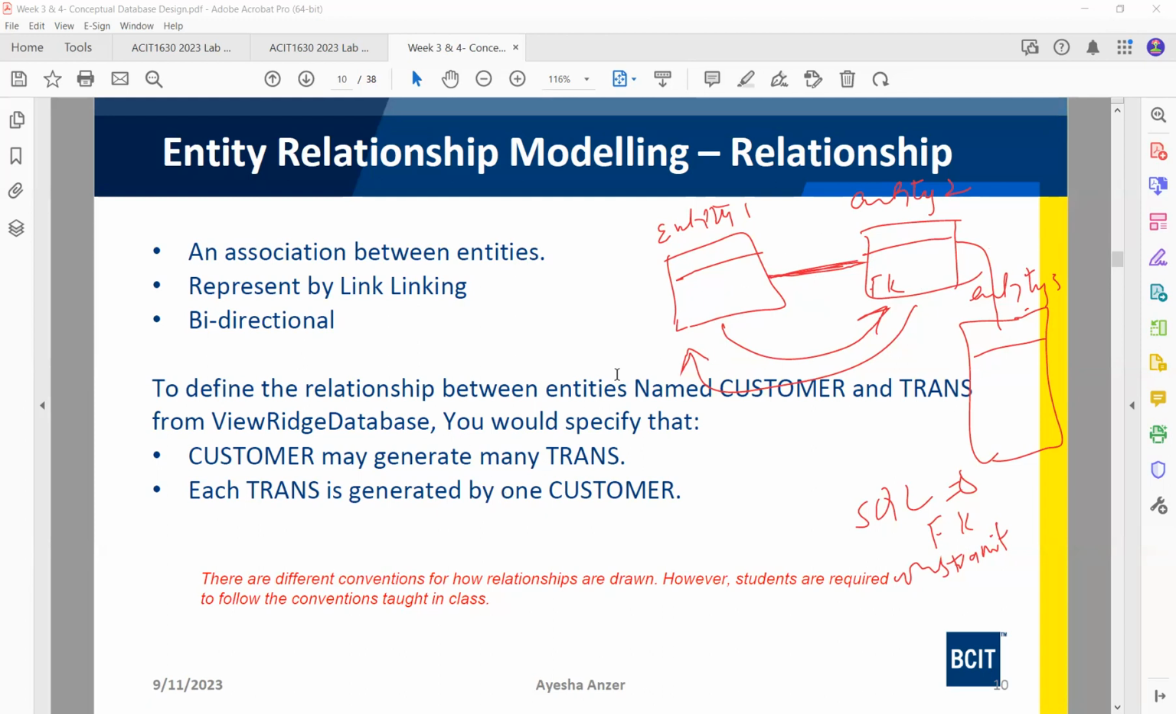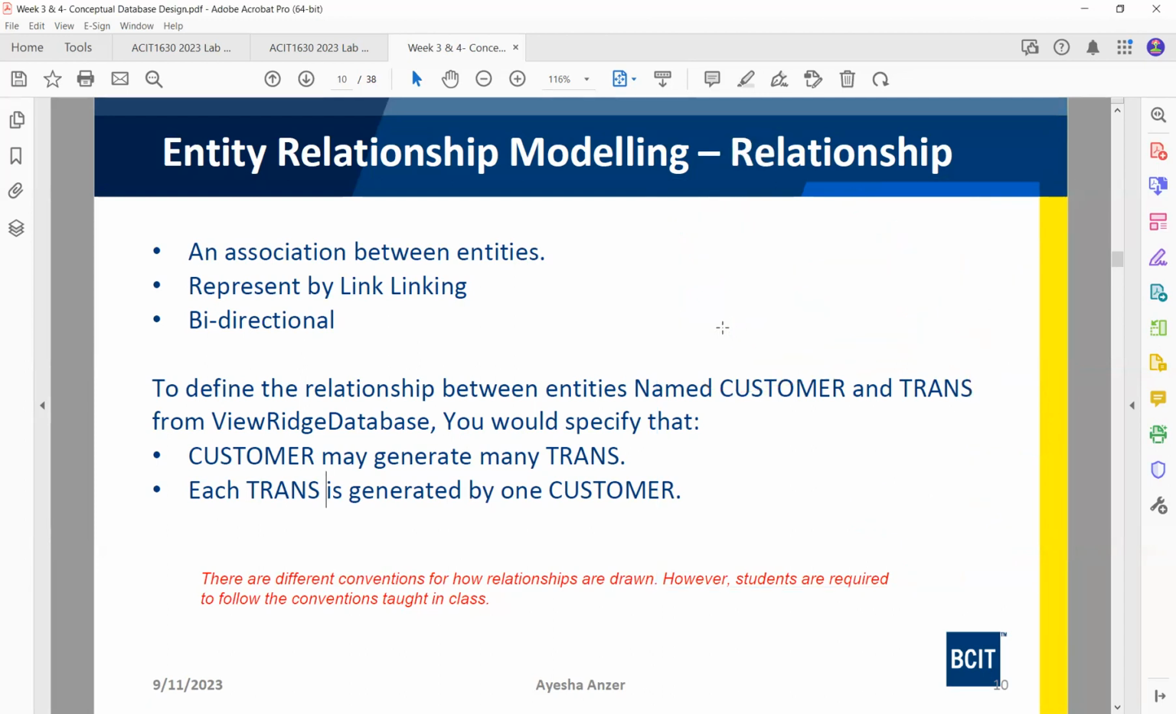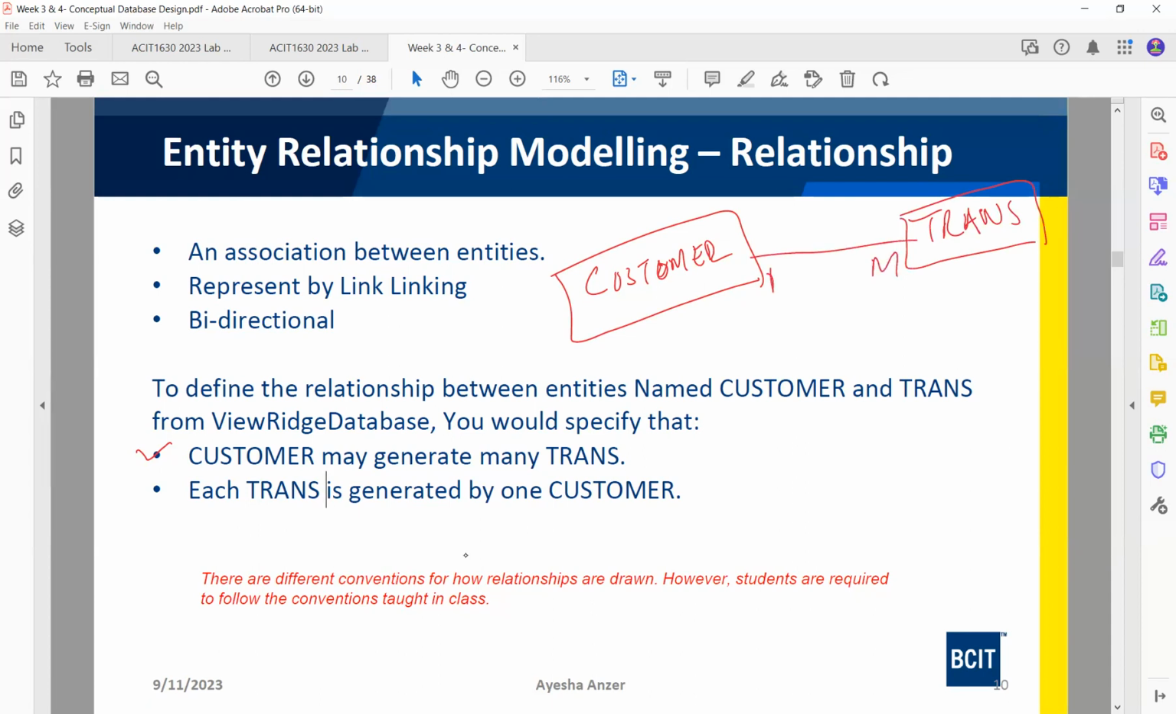Now we will look at the example which is given here. It is also from the view-ridge diagram. We are saying that we have a customer which may generate many transactions. So which means we have a customer entity. I'm not creating the entire figure for you. I'm just mentioning the name of the entity here, the transaction. And we are saying that one customer will generate many transactions,